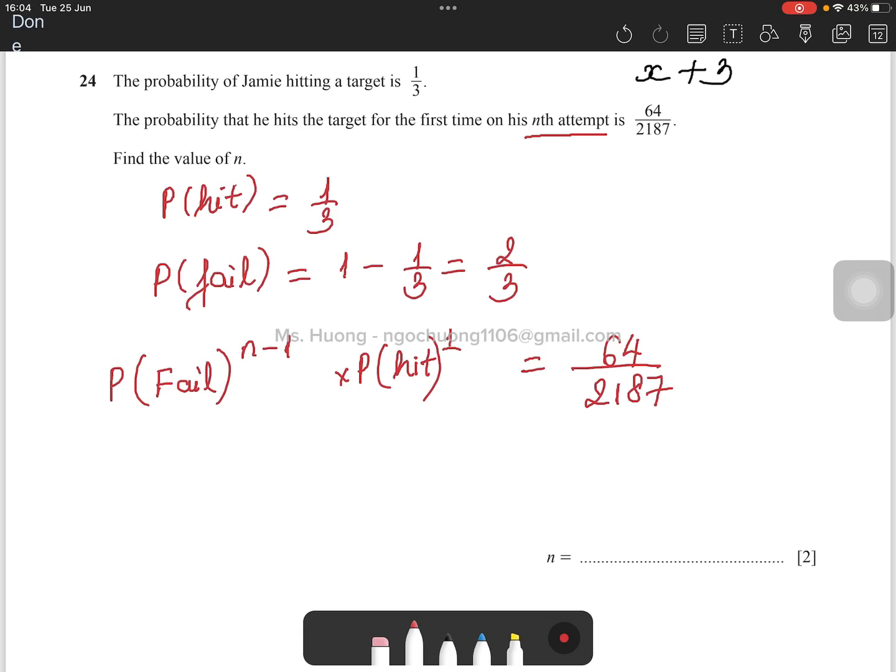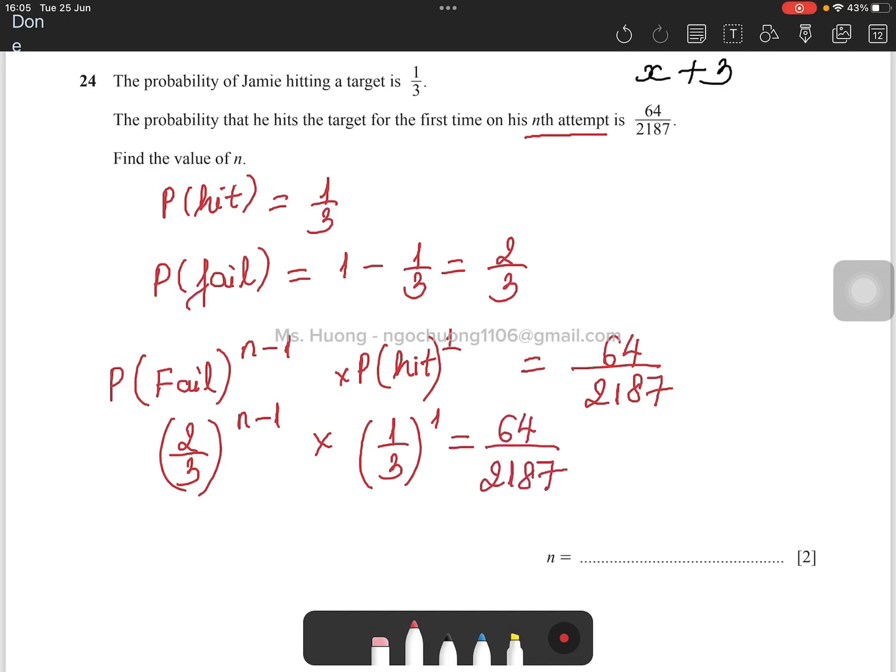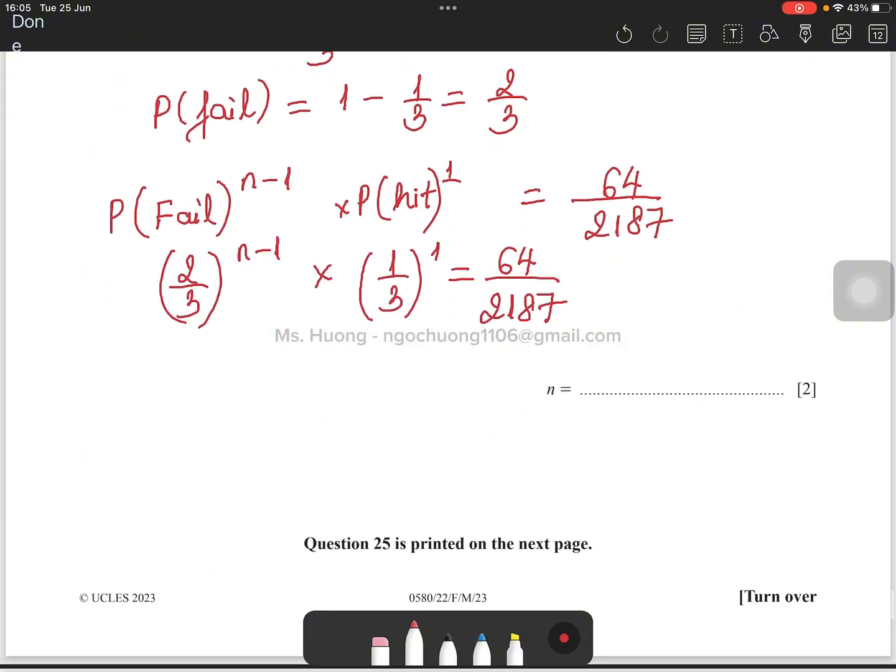Then the probability that he fails is 2/3 to the power of n minus 1, times the probability that he hit it, 1/3 to the power of 1, equals 64 over 2,187. And 2/3 to the power of n minus 1 is equal to 64 over 2,187 divided by 1/3,